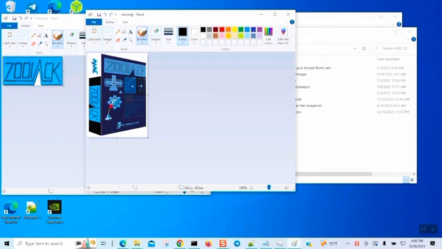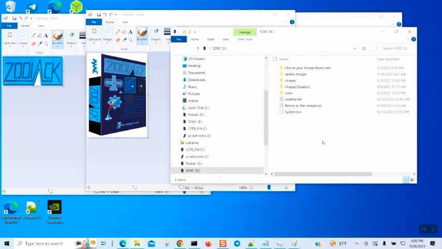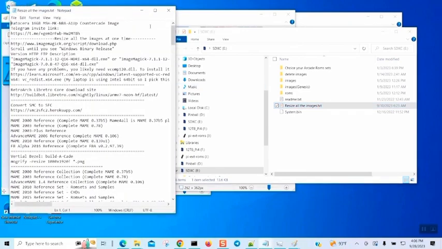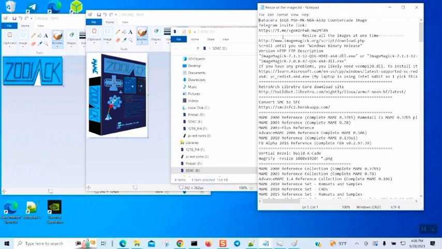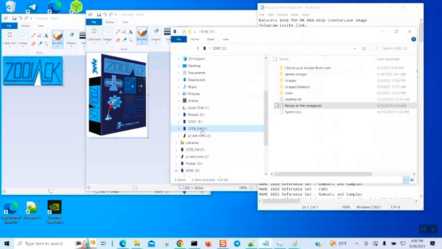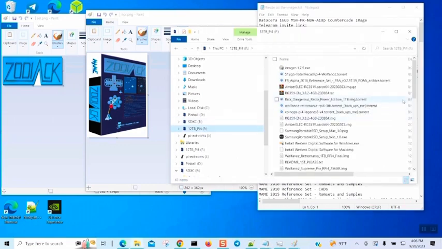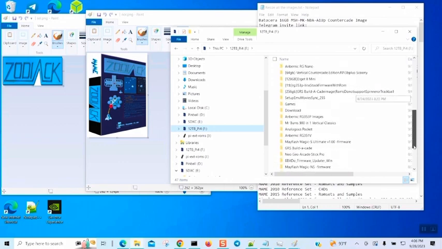So you want to run this command, okay? But so today I'm going to show you how to do that. So if you was to open up this text file, which will be included, so you know how to run this command. Let's just say if I want to copy to my paintbrush, to my box artwork, okay? And one of them is going to be